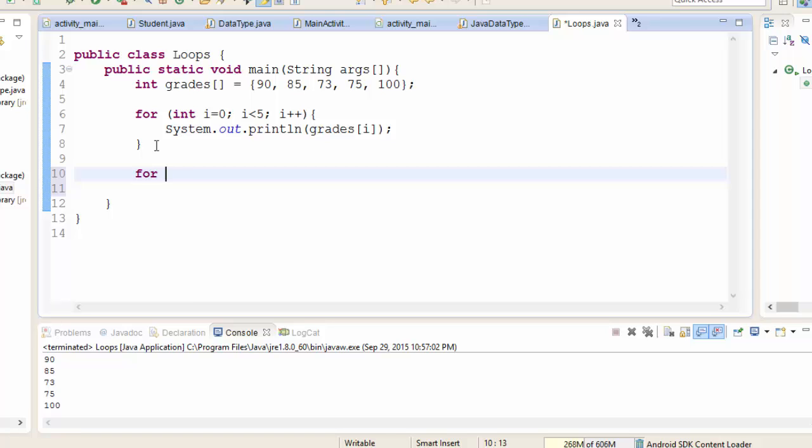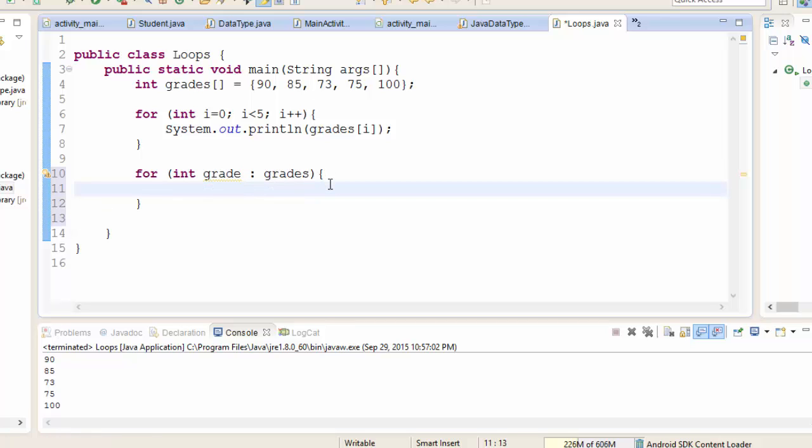In this for loop, we are just going to use a variable, and we can call it grade, then a colon, and specify the array name. Inside the for loop, we're going to do the same thing, print out. We are just going to specify the name of the variable we created in the for statement,